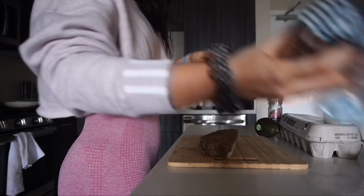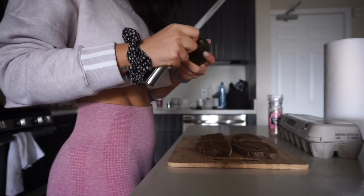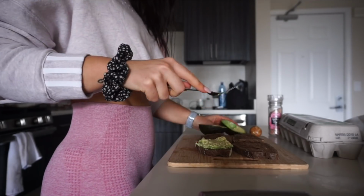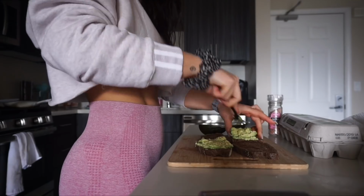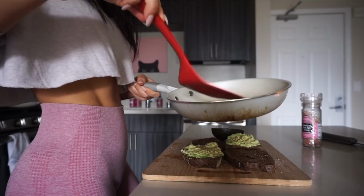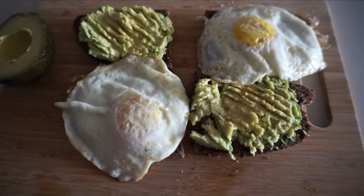Super simple. You're going to cut the bread into however many slices you want. I just cut mine in half so it could fit into the container again. And then I used 1/2 of an avocado in between the 2 slices, and I fried up 2 eggs. You could also do hard-boiled eggs if that's easier, especially for on the go, but I was just really craving fried eggs. So I used some coconut oil spray, cooked it in that, and then once it was finished, I put the egg on the other side of the toast that didn't have avocado on it, and there you go,